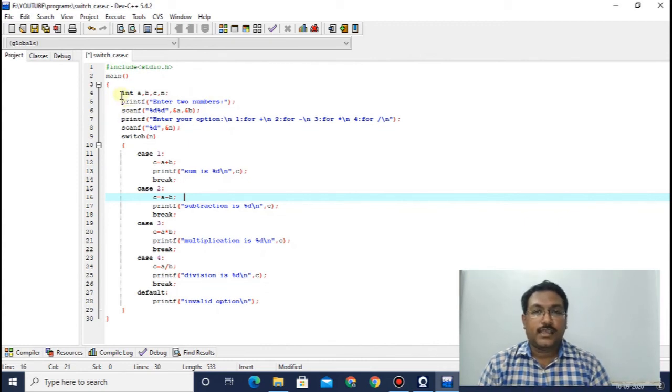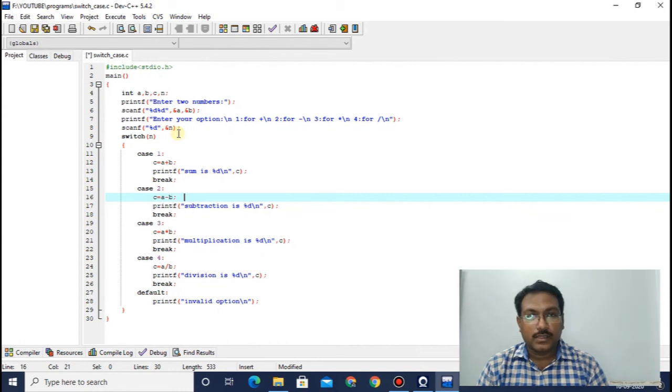As I told you, we have to take 4 variables a, b, c, and n. Then a message for the user to enter 2 numbers, and those 2 numbers will be saved in the 2 variables a and b. Then the message to the user: enter your option, 1 for plus, 2 for minus, 3 for multiplication, and 4 for division.